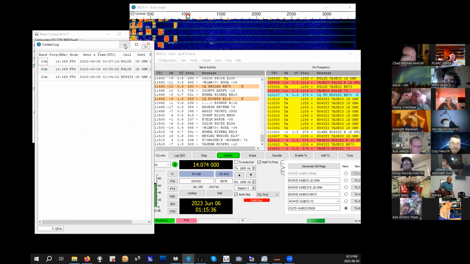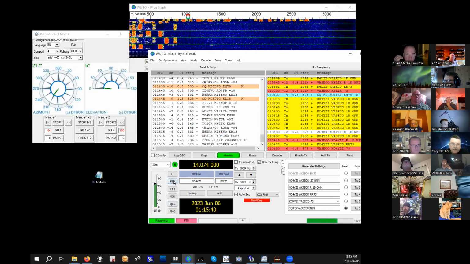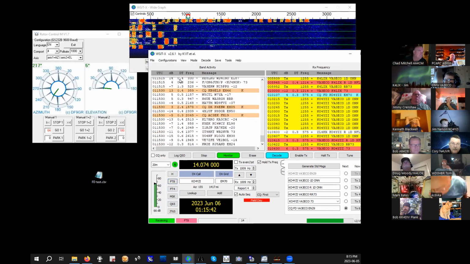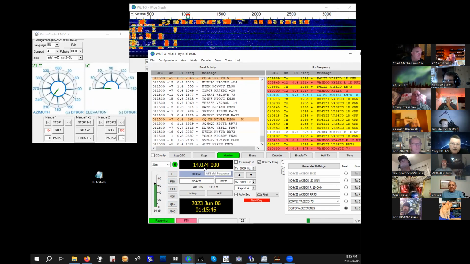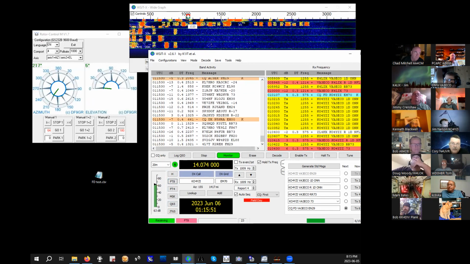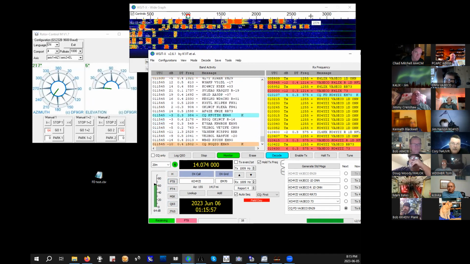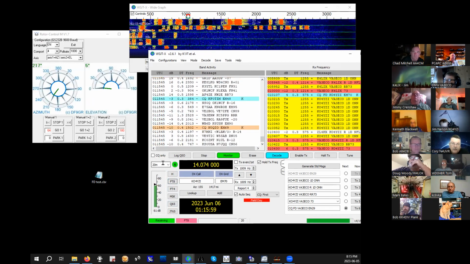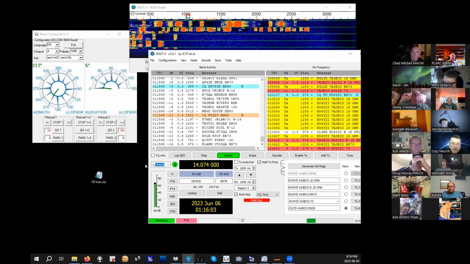If I just hit the FT8 button there, and this is something new WSJT-X has, fast buttons here instead of going to mode and then calling it up. So now the radio is at 14.074 on dial. And right here, if I transmitted, I'd be at 14.074 plus 1,000, so I'd be at 14.075. And there's people right on up here. So if I wanted to get a less congested area, I go